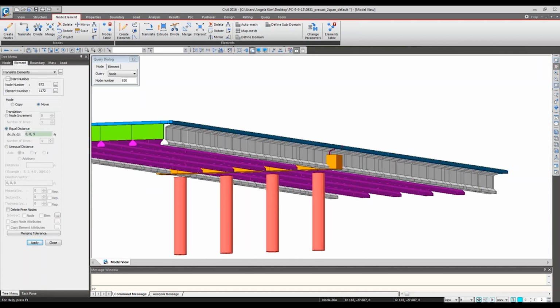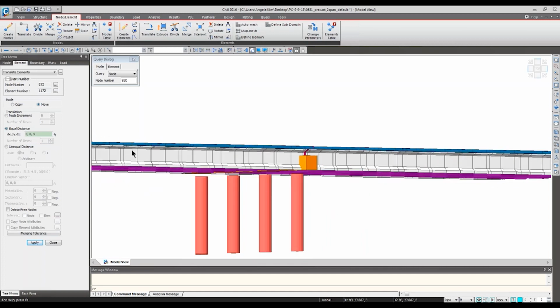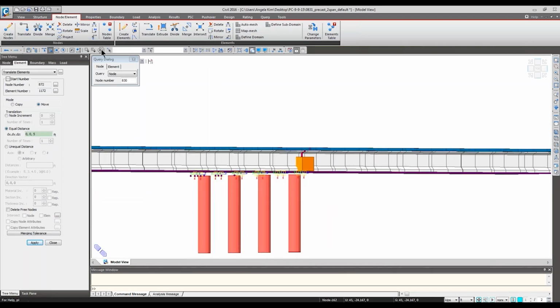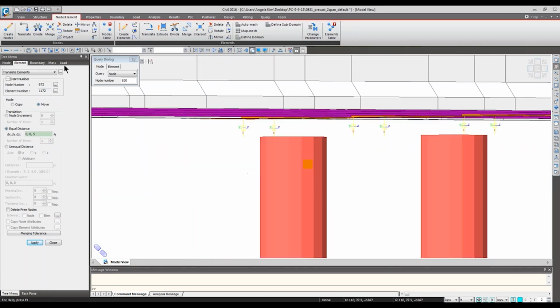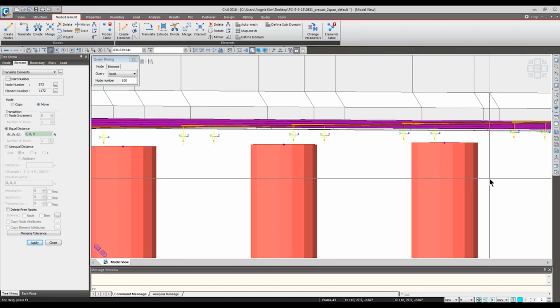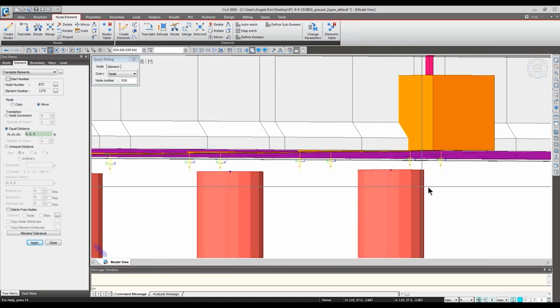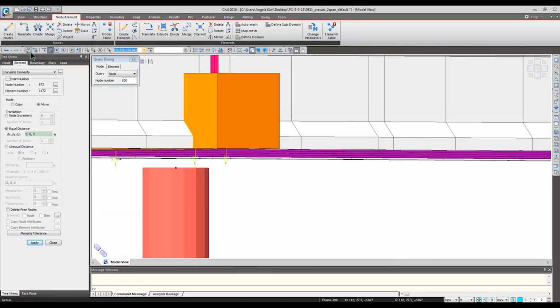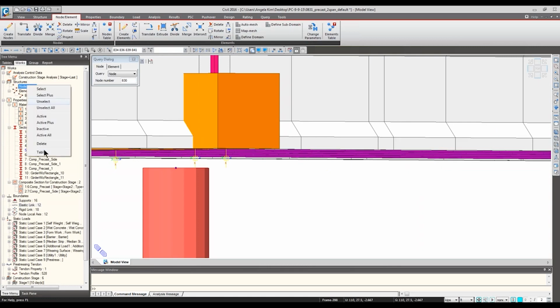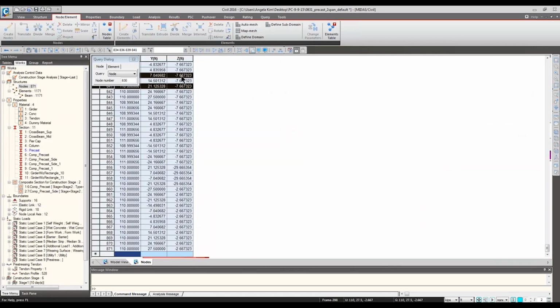And this pier is now hanging in the air, but no worries. We can, of course, change the node coordinate for this pier cap too. So for example, if you want to properly place your pier cap, simply find out the girder IDs for them, right? A41, A39, go to the node table and change the Z.